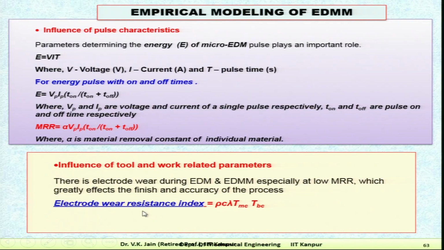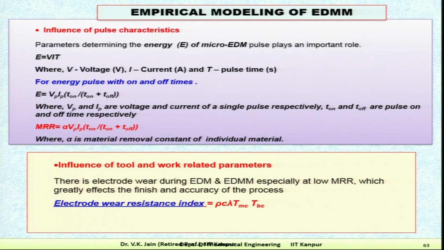Electrode wear resistance index, this is very important, and not much work has been done in this particular direction. So, people can do a lot of research activities in establishing the wear resistance indices for different types of electrodes or different materials of the electrode,